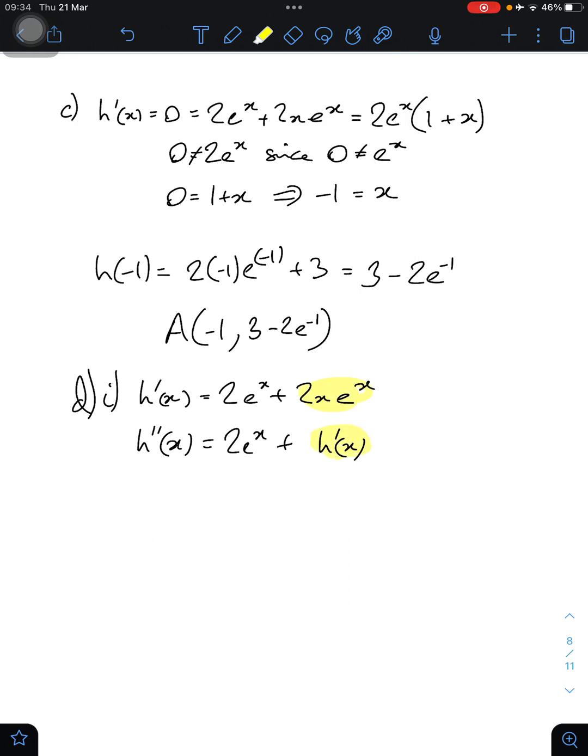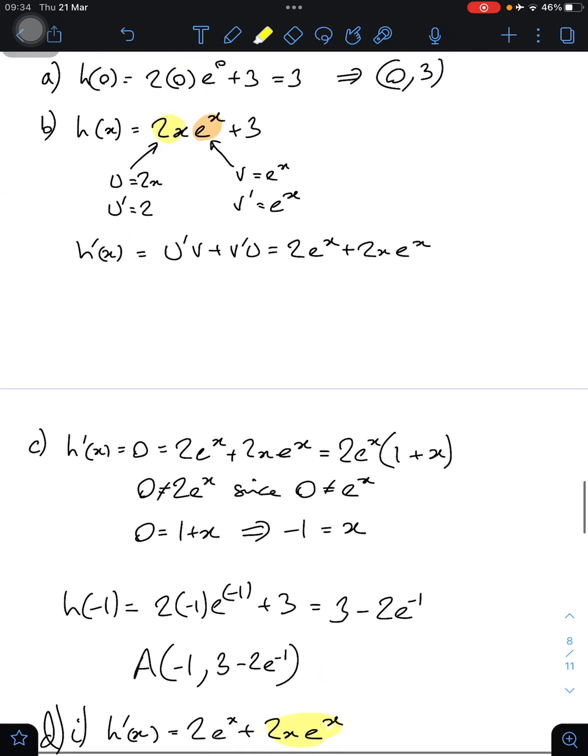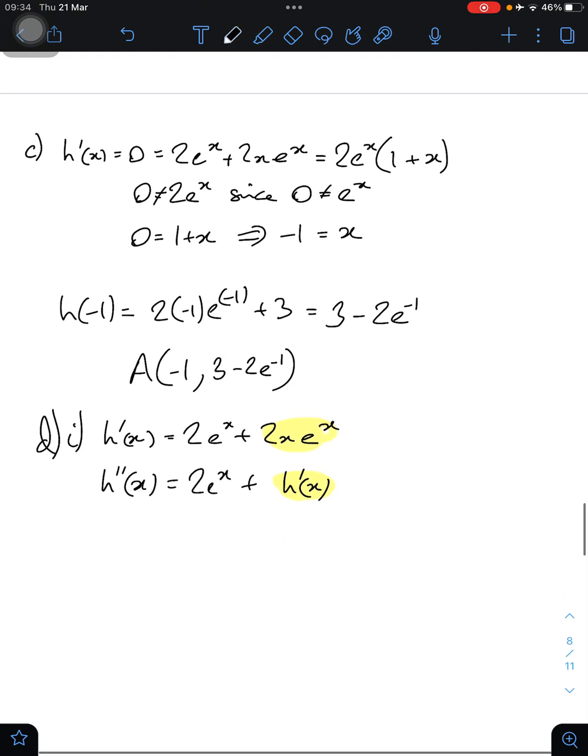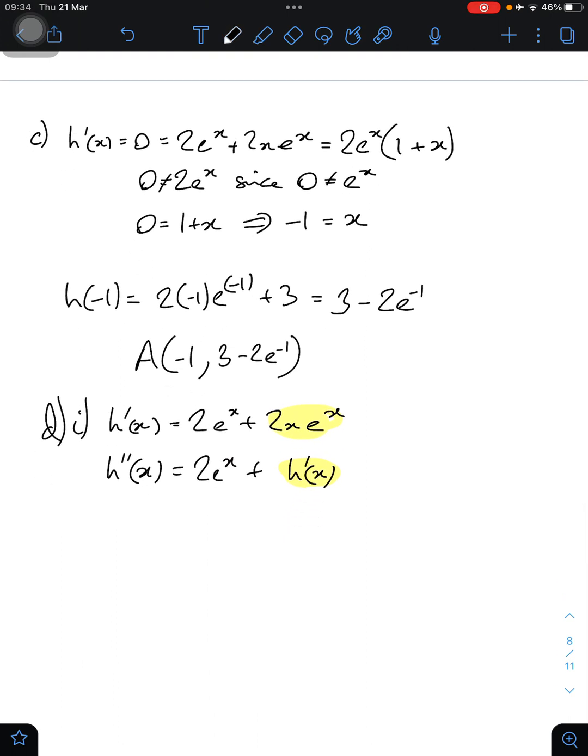If we differentiate, it's going to get us to that because it's exactly the same as this here. Or let me just show you further up. It's just the same as our first function because we're just differentiating that again with the product rule. And so in fact, what we get here, we would just get h double dashed of x is equal to 2e to the x plus 2e to the x